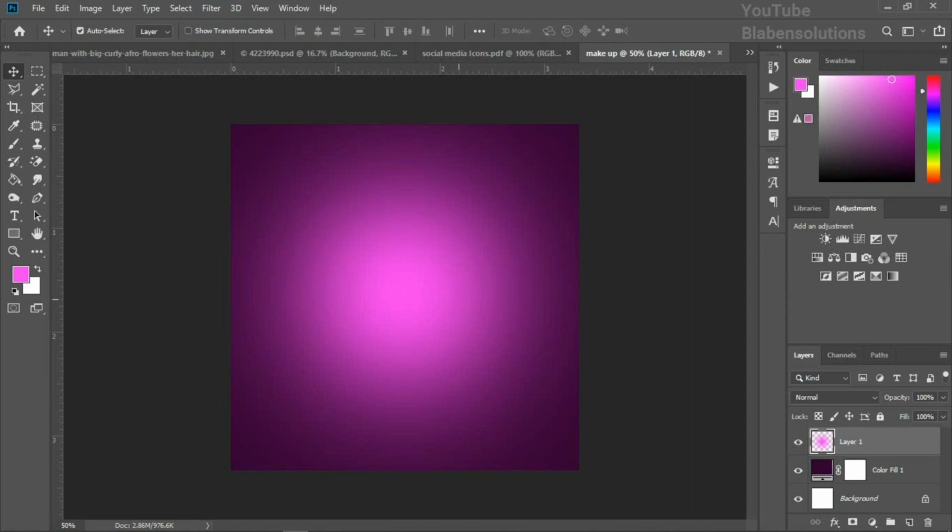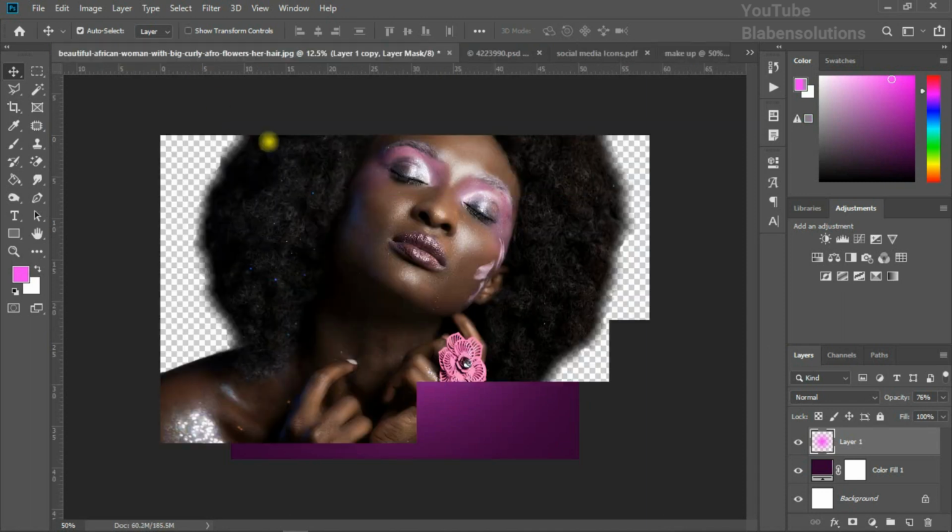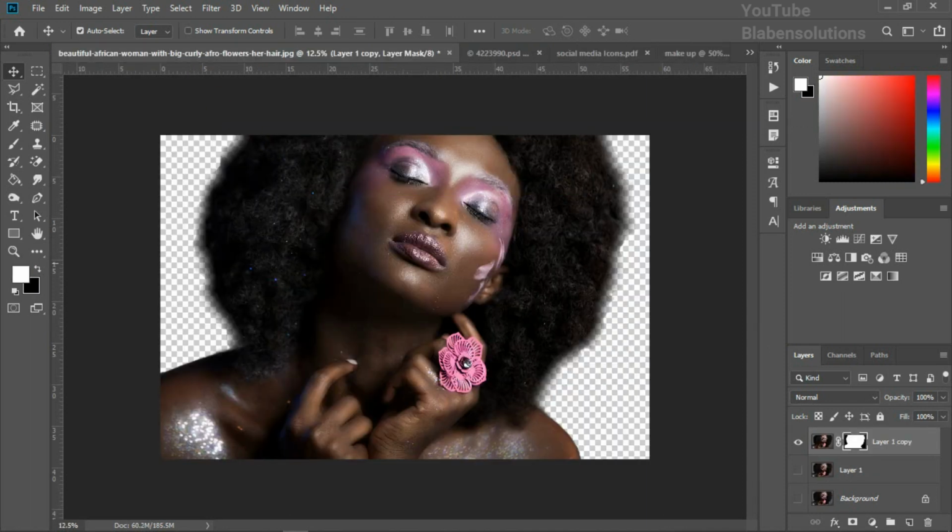So basically this is what I wanted to do, but it's too bright, so we can just reduce the opacity of this guy this way. All right, later on we'll know how best to work around it. Good. So now the next thing I'm going to do is to bring in my beautiful African woman with the